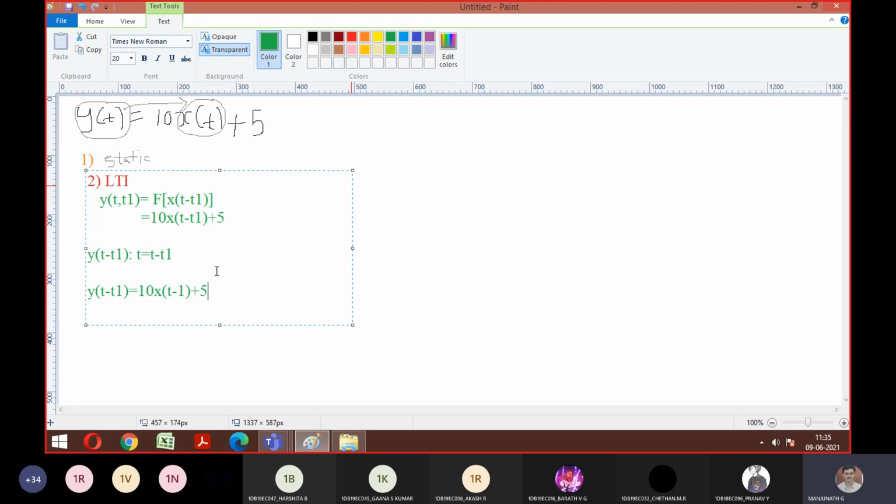So comparing equation 1 and 2, is it equal? Yes, sir. So if it is equal, what is the answer, guys? The system is invariant. I hope everyone understood the way to solve the problem. This problem I'm going to solve later. It's left for you, so I want you to analyze and do it. Otherwise, I'll keep doing it and you'll keep listening only. After this one problem explanation, from the next problem onwards, I want you to solve and tell me the answer. The system is said to be time invariant. You need to conclude like this. Is it okay?